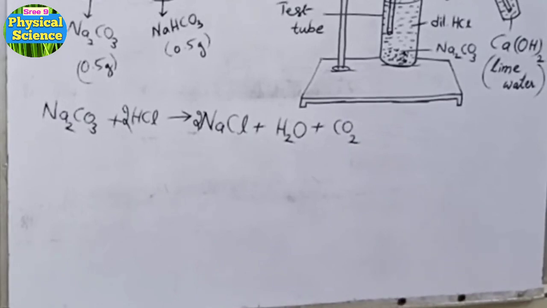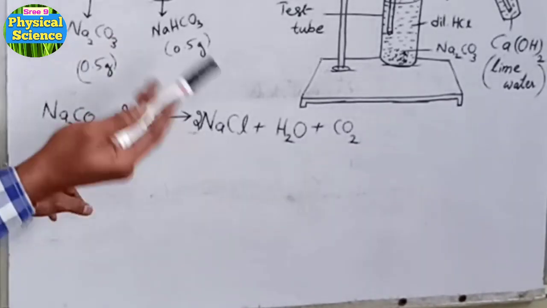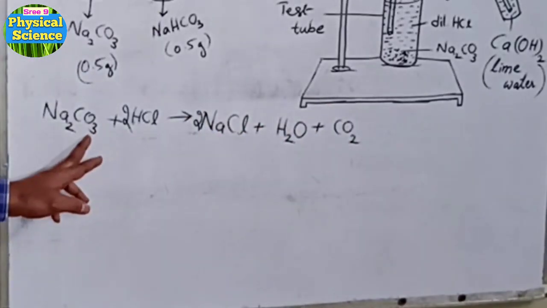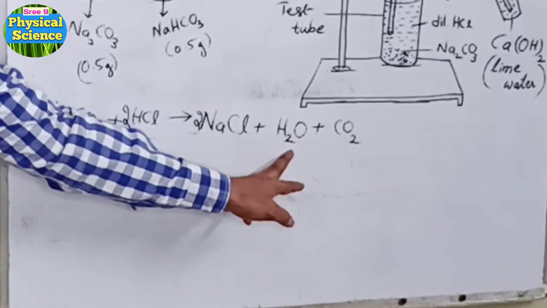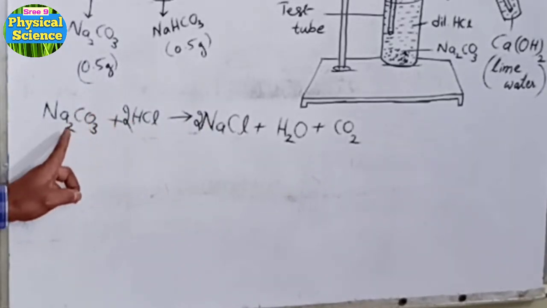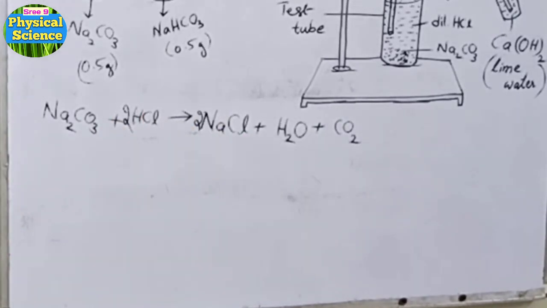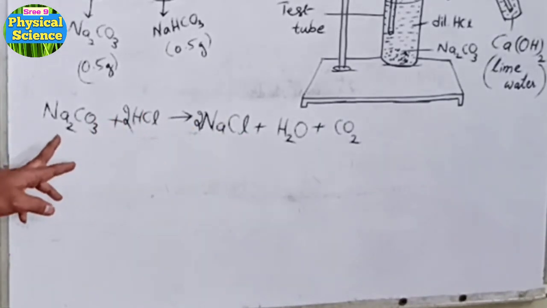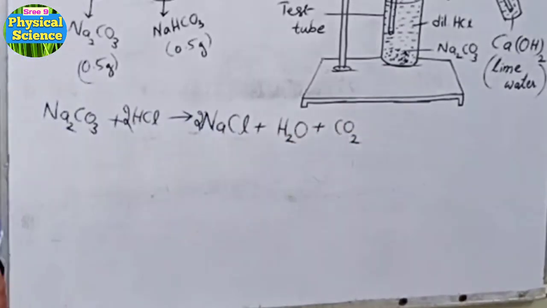So what happens? Let us see once. H2, 1 O remained, after escaping of CO2, 1 O is remained. That 1 O reacts with H2, hence forms H2O. Remains chlorine, 2 Na's, 2 chlorines, 2 NaCl. Okay, so that's why acid reacted with carbonate and formed a salt, water and carbon dioxide.